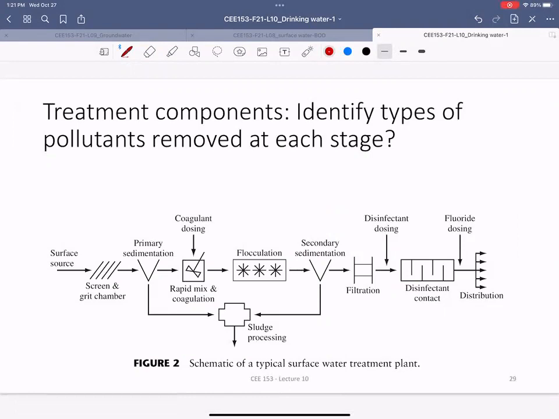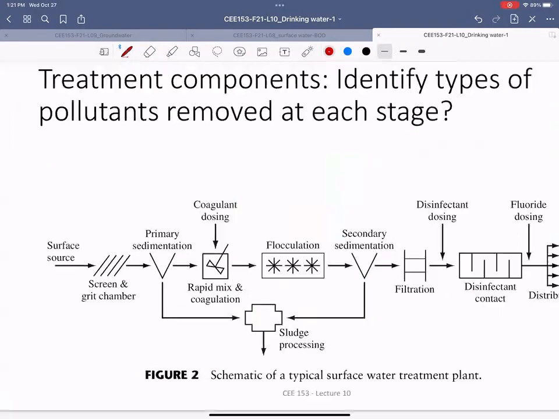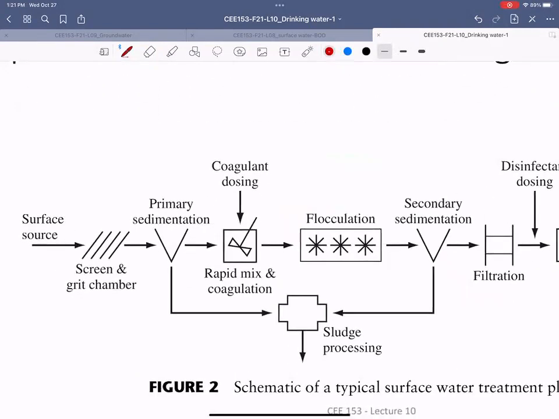So this is just an example of a treatment system you can have. Let's understand how it works. You have surface water. The first thing you want to do is filter out the leaves, debris, and all the stuff that surface water might have. That's why the screen and grit chamber is basically a filter. It's like a strainer in a kitchen, where you strain your food so the water comes out. It's the same thing. So here you remove leaves, debris,